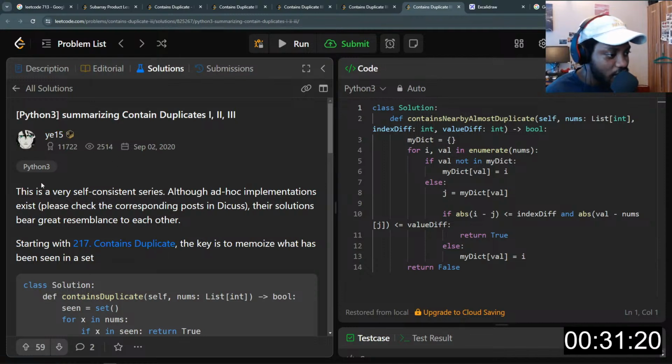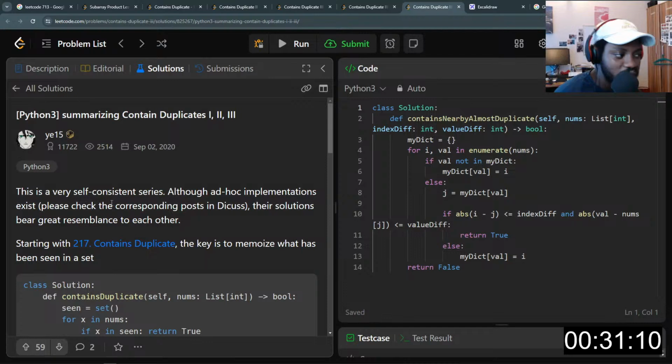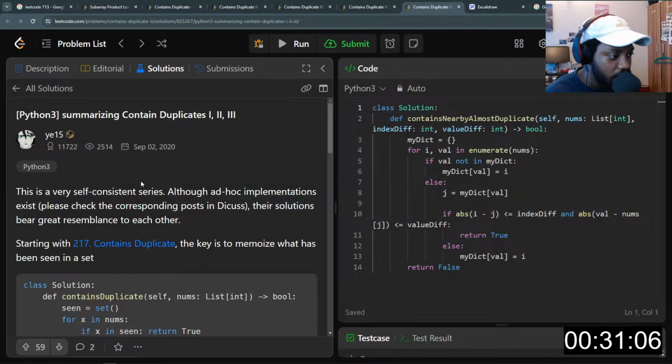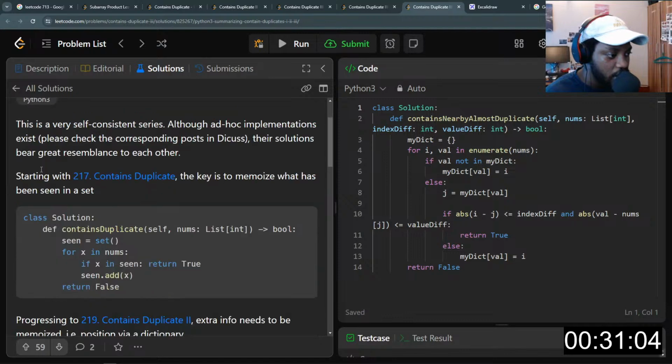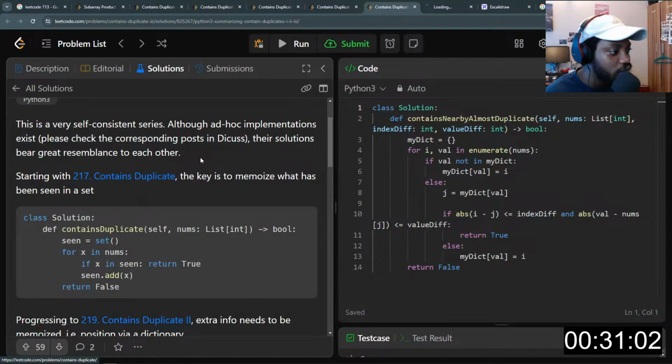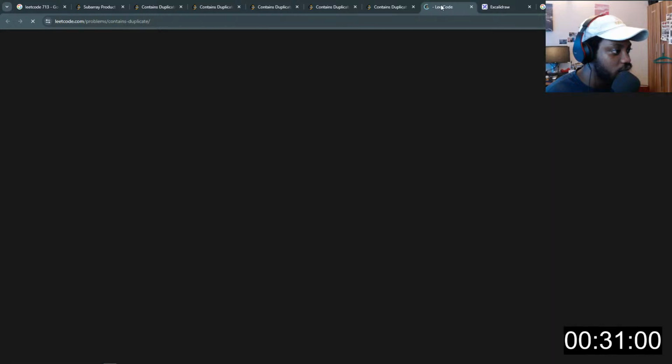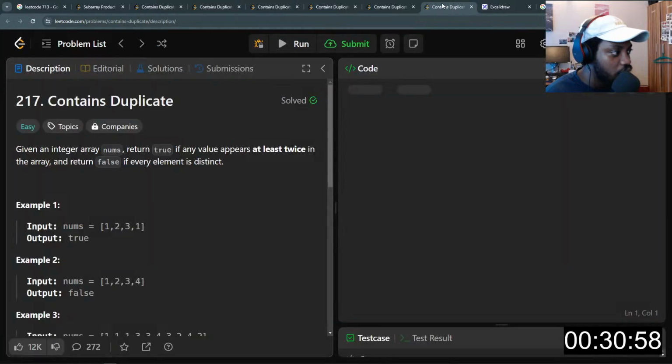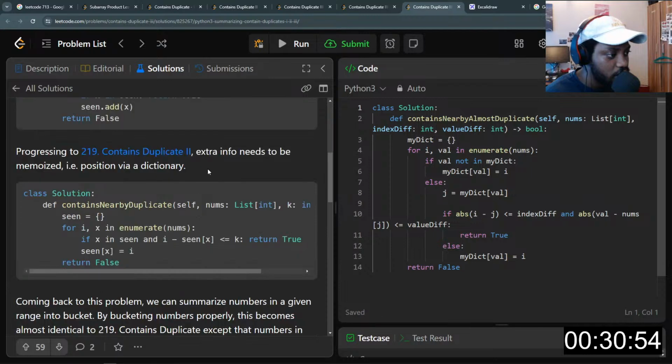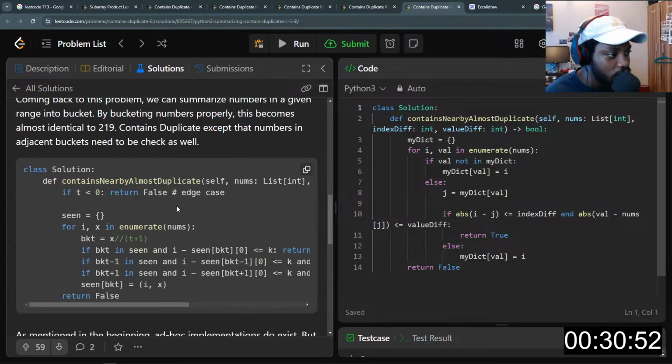This is a very self-consistent series, although ad hoc implementation exists. Please check corresponding posts in discuss, their solutions bear great resemblance to each other. Contains Duplicate, which is the first one, I've already solved this one. So yeah, we've done this. Contains Duplicate 2.